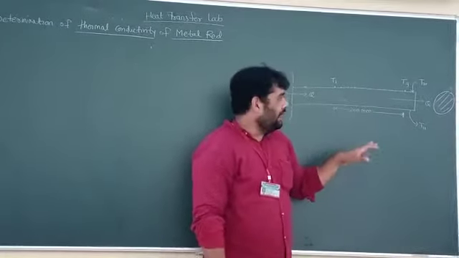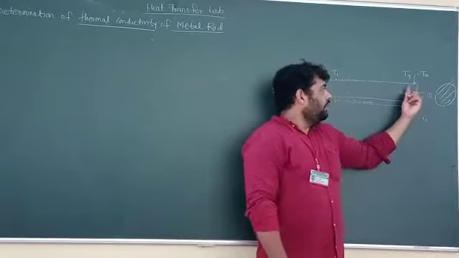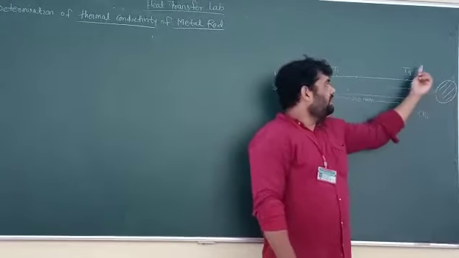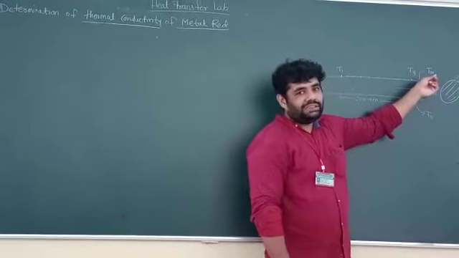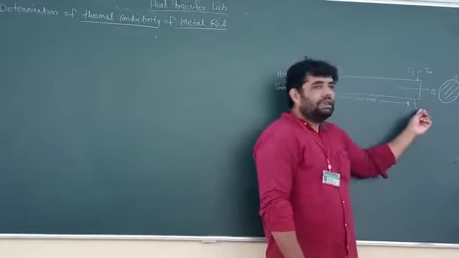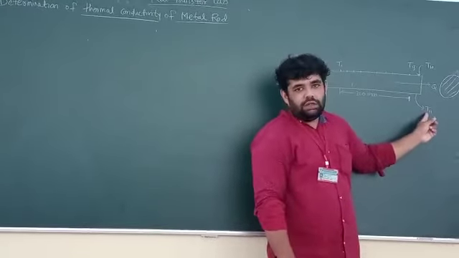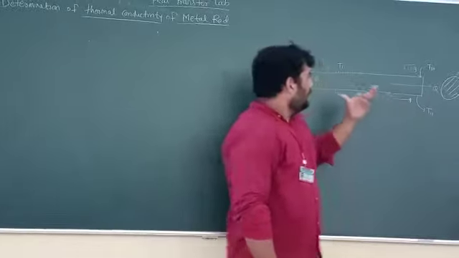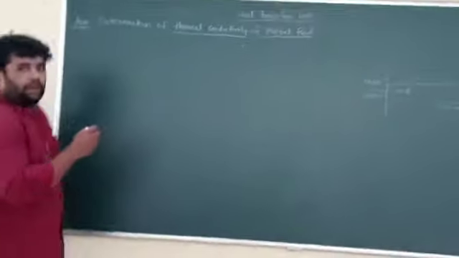We have also taken the reading for the water. That is, at the end of the rod, a water jacket is there. Whatever water is coming in, we are going to measure. We have measured the temperature of that, which is T10, and the temperature of water leaving is T11. That also we have taken. Now, in order to calculate the thermal conductivity, we are going to use the basic formula of Fourier's law of